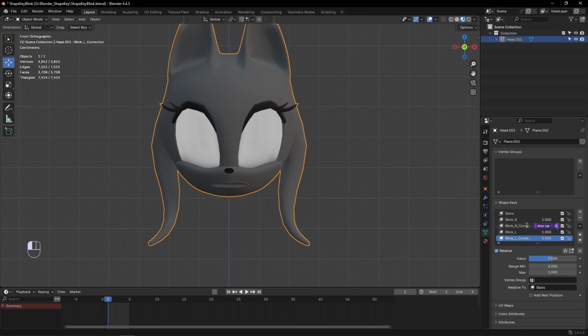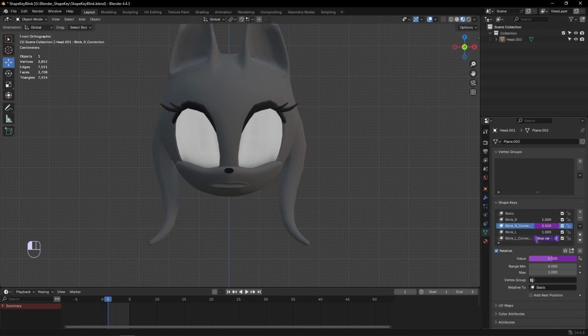Now we're going to need to set the driver back up, so we can just copy and paste it, and all we have to do is change this R for an L here,